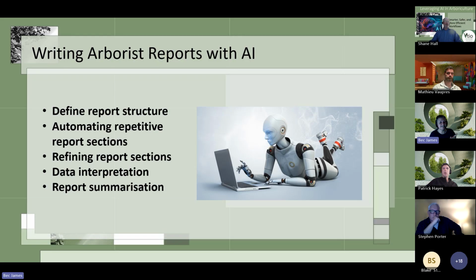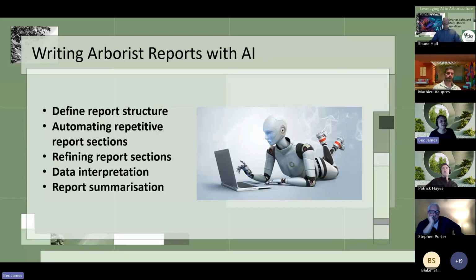It can also assist in refining report selections. And I certainly find when I'm writing reports, there's so much information that you want to distill down in things like your discussion and your recommendation. And often we can spend hours refining a particular paragraph to say everything that we want it to say.